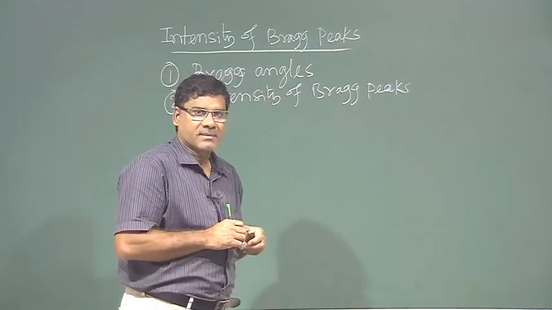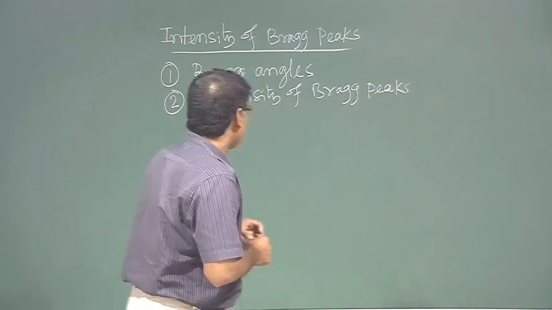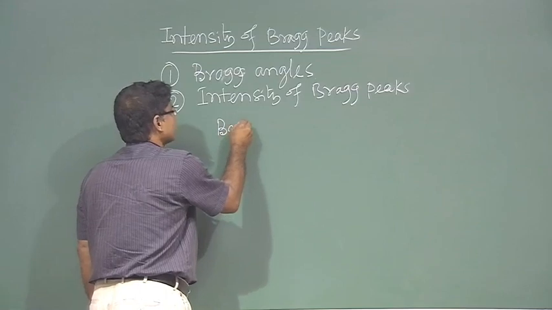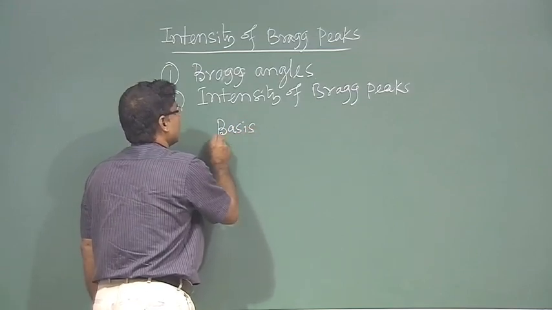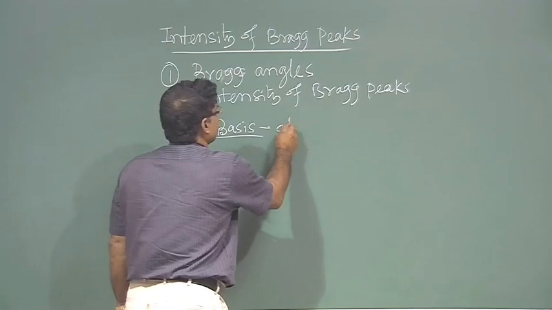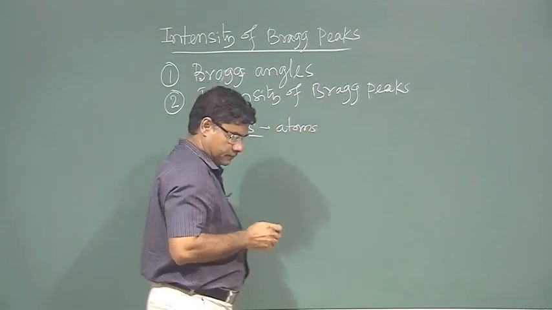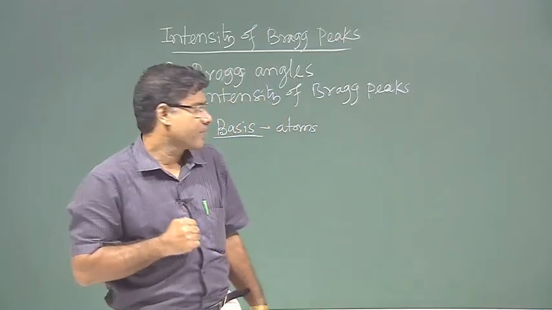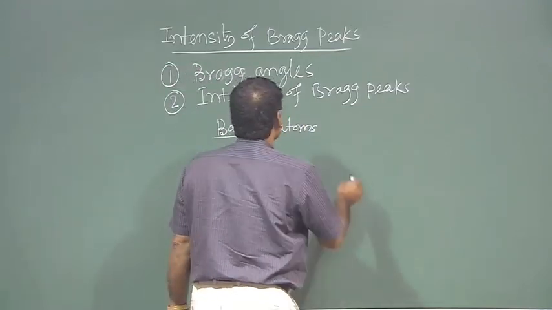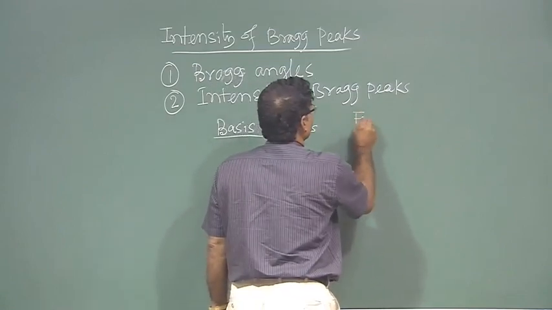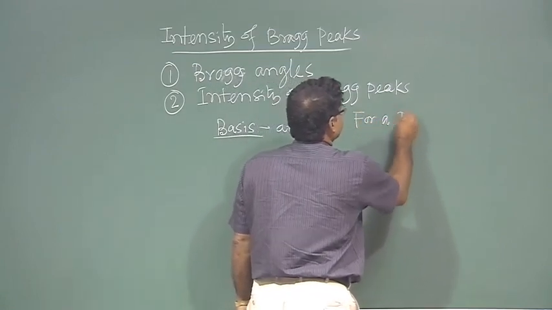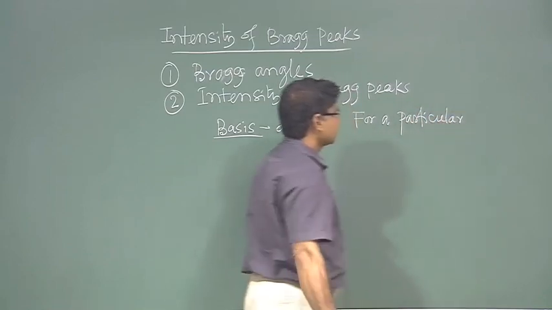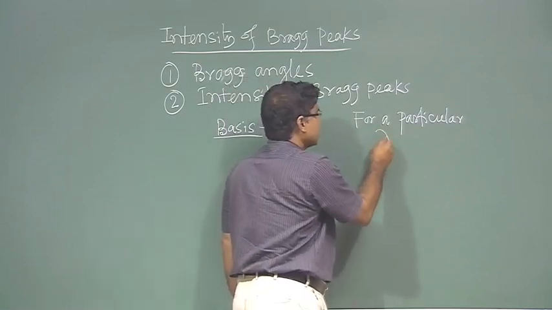That is one factor, but another factor is the basis, meaning atoms or groups of atoms, and how they are arranged in the Bravais lattice. So, for a particular lambda and theta,